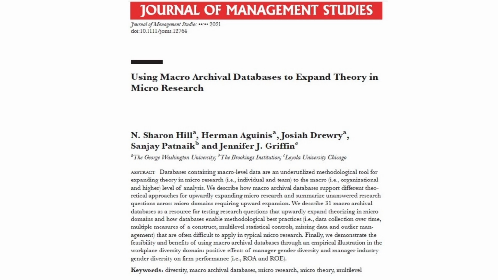I get it. So how did they actually test these hypotheses? What data did they use? Well, they used a bunch of different macro archival databases, actually. Thomson Reuters ESG, DataStream, WorldScope, and ILOSTAT. Whoa, that's a mouthful. And they collected data over 15 years, from 2002 to 2016. That's a lot of data. It is. And it means they had access to a huge range of variables. What kind of stuff did they have data on?